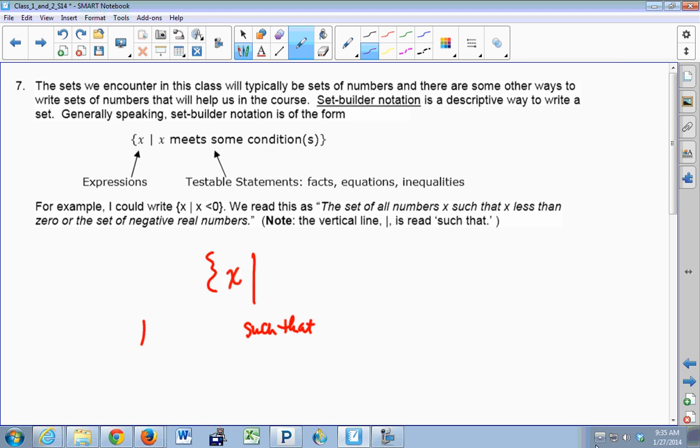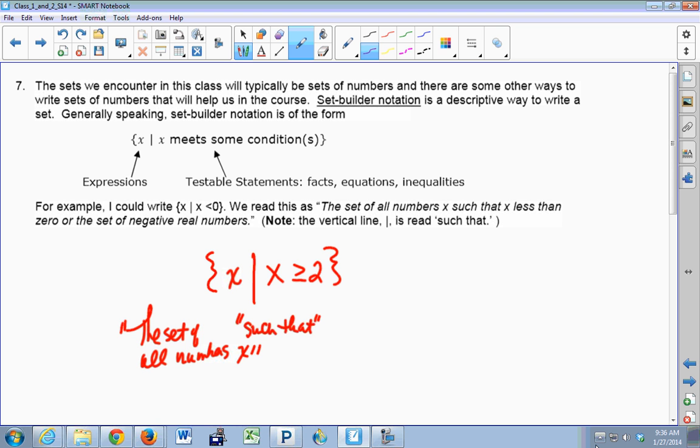So the set of all numbers x such that. Now we're going to assume for this class that x is a real number. So every time you write that down, you assume x is a real number. You don't have to state on the right-hand side that x is a real number. And then if I said something like this,